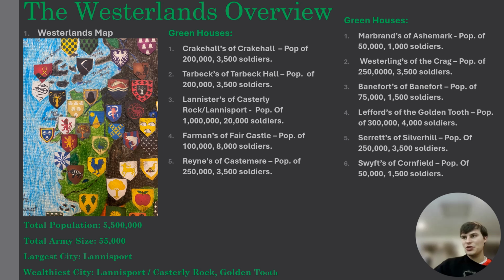Finally, we're going to the Lannisters, which has a large population, about 1 million, and can field 20,000 soldiers. And on page 398 in Fire and Blood, it reads, Sir Tywin Lannister was named Master of Coin in place of the late Lord Beesbury and acted at once to seize the royal treasury. The crown's gold was divided into 4 parts. One part was entrusted to the Iron Bank of Bravos for safekeeping, another sent under strong guard to Casterly Rock,